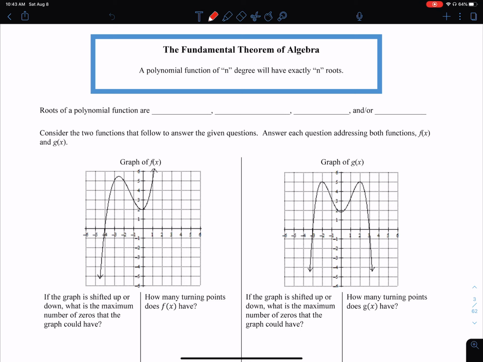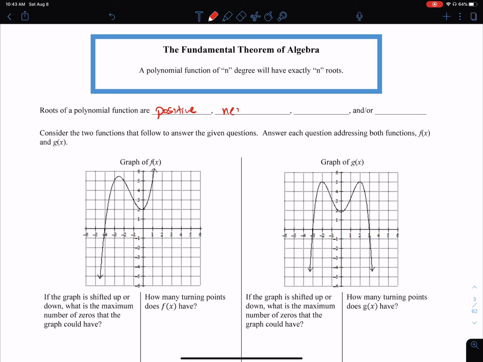A polynomial function of degree n will have exactly n roots. So if the degree is 5, there are 5 roots. If the degree is 30, there are 30 roots. Now, you might be thinking of some examples in your head that seem to contradict this, but I assure you there is no contradiction. Roots of a polynomial can be positive,